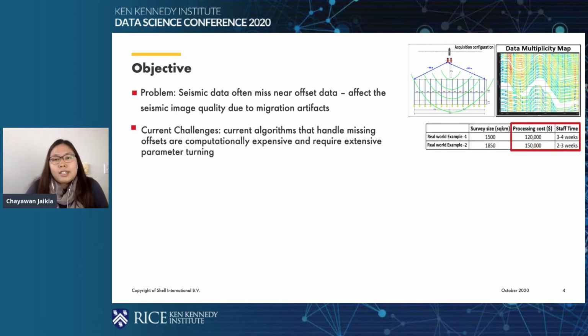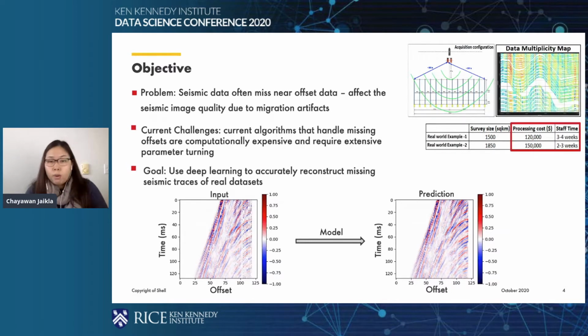The current challenges are that conventional reconstruction and interpolation techniques are computationally expensive and require extensive parameterization. We estimate the processing cost for one data set to be approximately $100,000, and it takes approximately 2 to 4 weeks to finish processing one data set. Another issue with the conventional approach is that it often produces suboptimal and inconsistent results. So with these challenges, we propose an alternative approach using a deep learning model to accurately reconstruct missing seismic